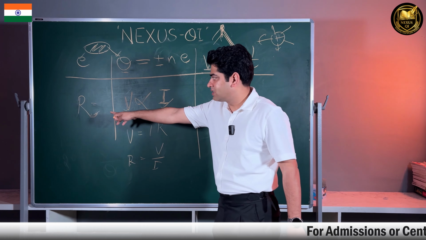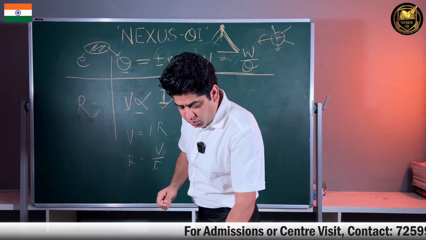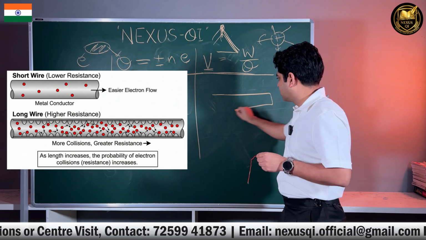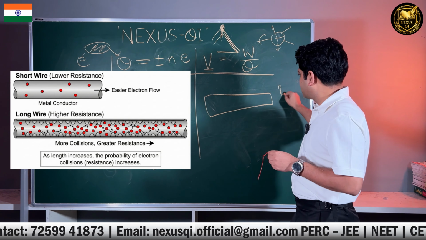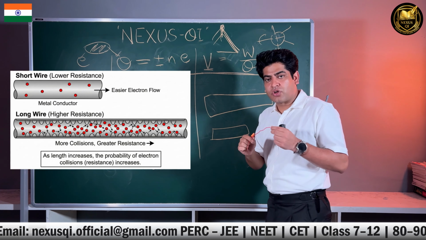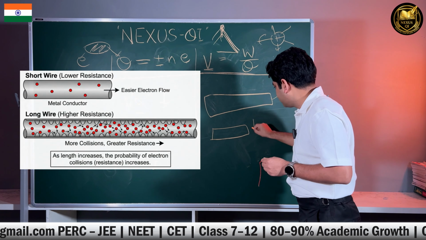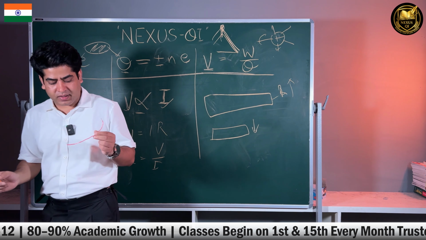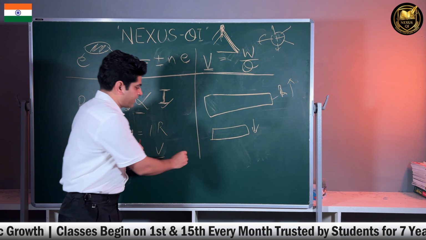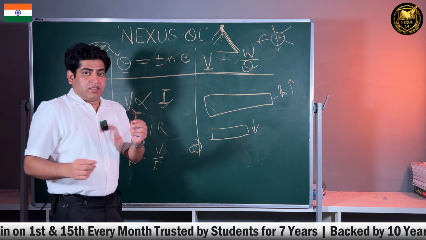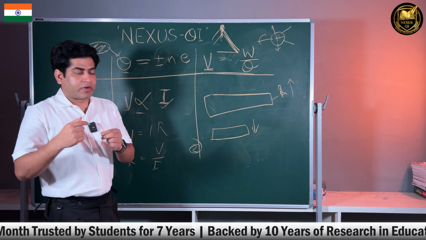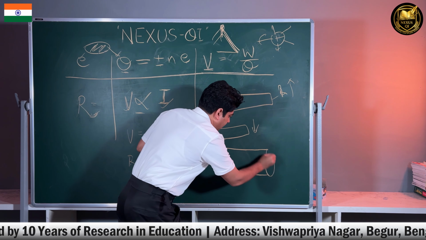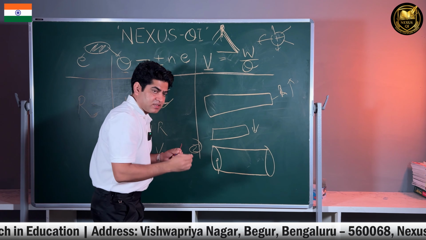So now we have two concepts in this. The length of the wire decides the R. If the length is longer, the R will be more. If the length is shorter, the R will be less. So we can say that R depends on the length of the wire. One factor. Second factor, the radius of the wire also plays an important role. Suppose this is the radius of the wire, and if we make the radius smaller,